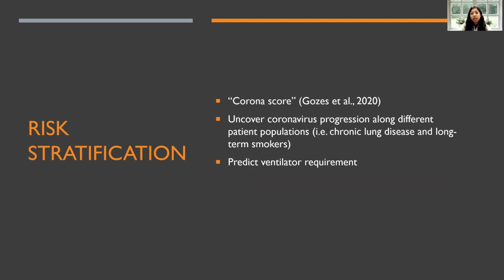Second, the CT imaging could be used for risk stratification. I mentioned that there was a study that quantified the corona score to indicate the burden of coronavirus pneumonia in the lungs. Now, it's an open question of how coronavirus actually progresses in different patient populations. For example, populations with chronic lung disease, populations of long-term smokers. The trajectory of coronavirus pneumonia may be different in these groups of patients, and more quantitative markers may be helpful